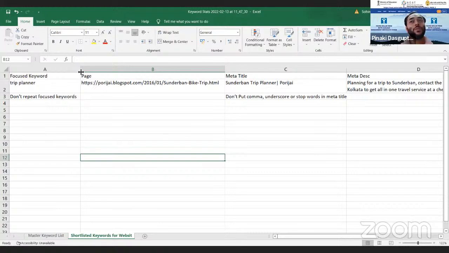But if you have another page that talks about a specific plan for a trip, say Sundarban bike trip that I have mentioned here.